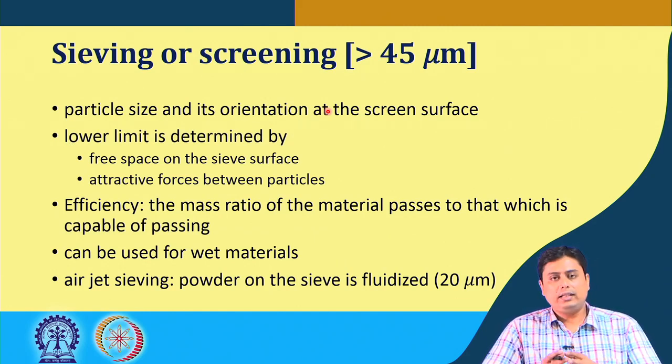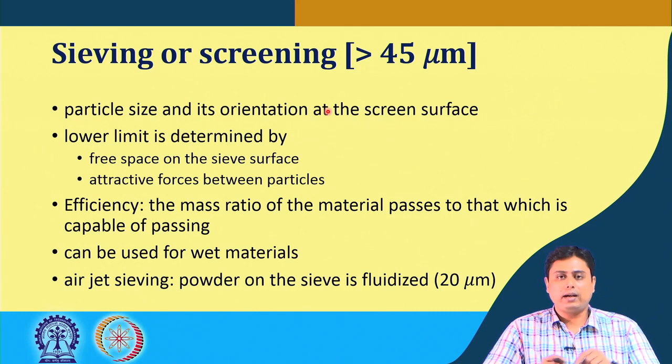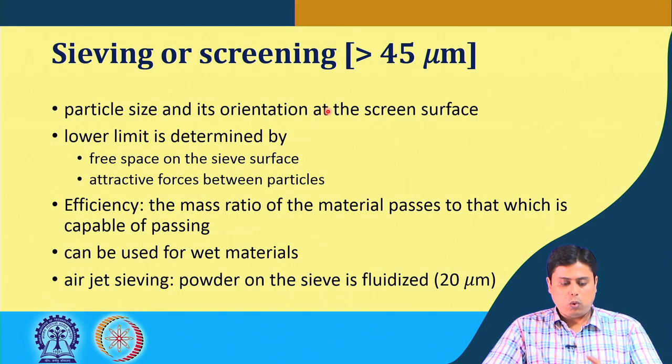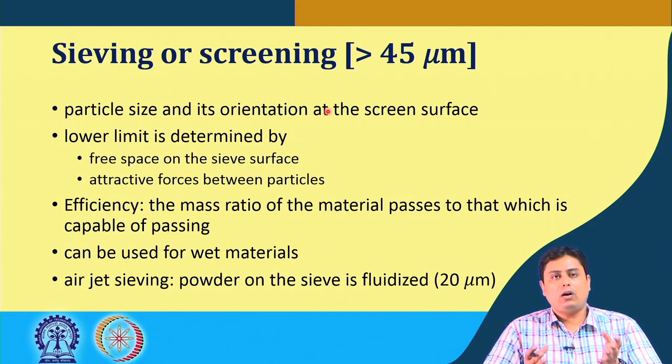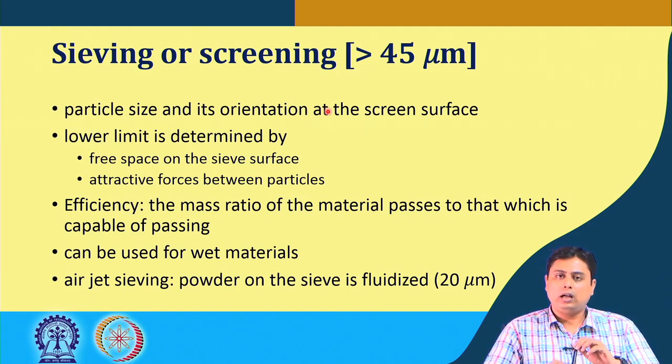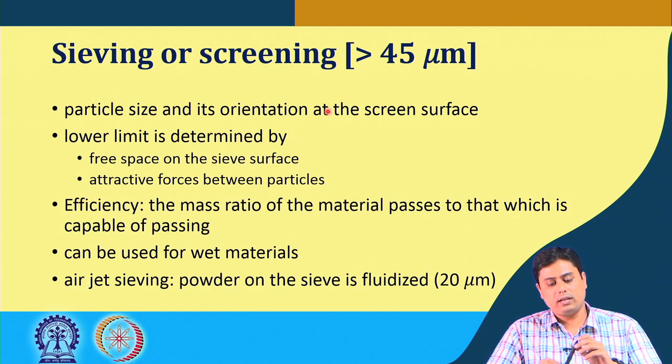And the other thing is that as you go smaller and smaller in the aperture size, the attractive force between the particles becomes dominant, the van der Waals forces become dominant. So, it tries to agglomerate and clog the aperture, and that is why this vibration or shaking operation sometimes helps very fine particles to go through the aperture, for size determination by the size separation.